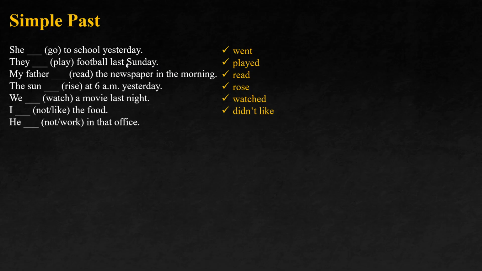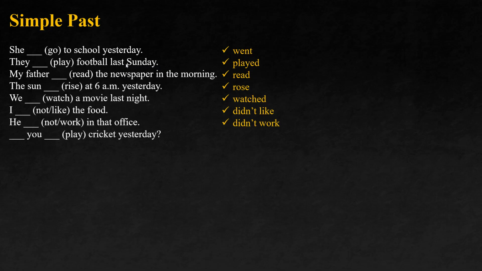Yeah, it is correct. But why didn't we use, like in the past tense, we need to use the V2 format, right? Work, worked, worked. So now why didn't we use worked? He didn't work in that office, right? Why is it work instead of worked? Only one past form is used in one sentence. Good. So we are using did, so we are trying to use only one past form. Good. Okay.